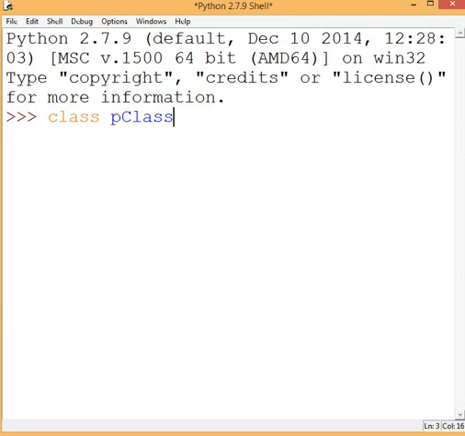Then we'll make a few variables, like var1 is equal to, say, "first", then var2, and this is what I'm going to show you, that this will be printed in our inherited class.